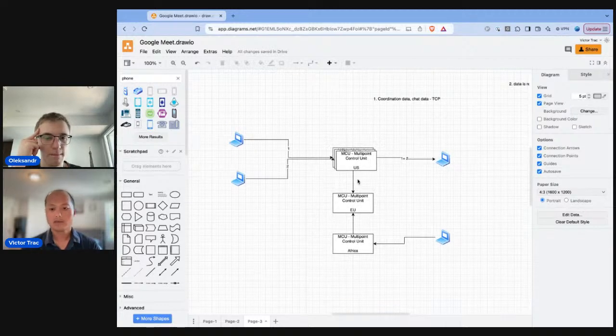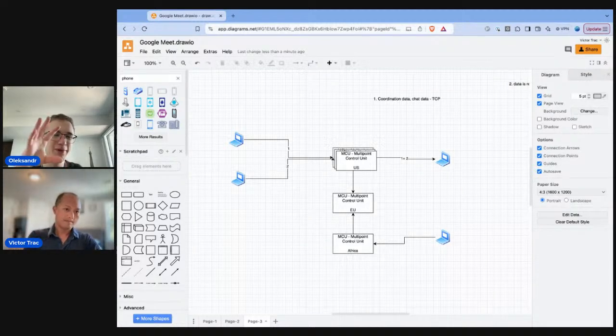And so your coordination server could send these users to different MCUs, but the MCUs all have to talk to each other, right? And in the same way, every time you do that, it adds a little bit of latency and a little bit of complexity. Yeah, makes sense. Because I was like, if you create multiple instances of MCU, and